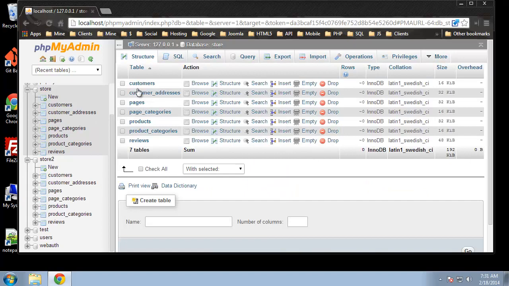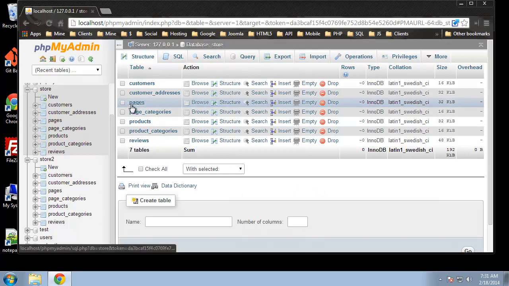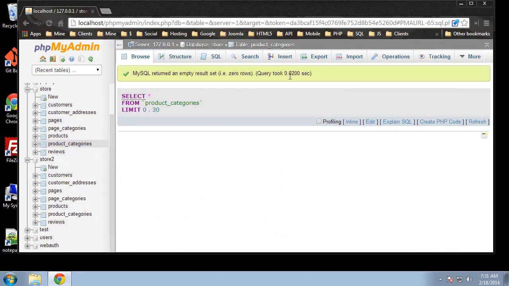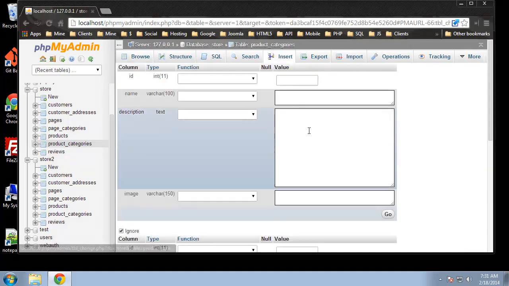But before we do that, I want to show you what the restrict and cascade options do, because I don't think I explained that well enough. So let's go to, we'll insert a product category. Alright, now to insert data in PHPMyAdmin is very easy. You just click on Insert, make sure you're on the table you want, click Insert,